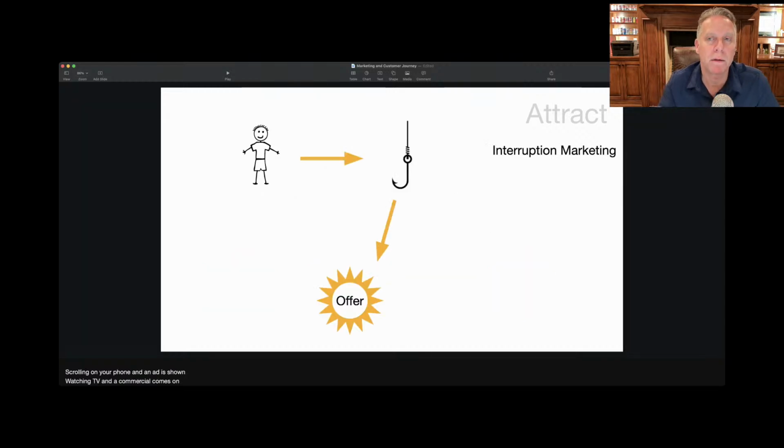There's another type of marketing. Instead of being search, it could be interruption marketing. This is when someone's scrolling through their phone or watching TV or driving on the roads when all of a sudden a commercial of some sort interrupts what they're doing. This is somebody who isn't really thinking about going to the dentist, but if you could hook them with a message that makes them go, oh, wait a minute, that's a good idea, maybe I should look into getting a dentist, that would be interruption marketing. And that's a whole other thing altogether. It's like trying to figure out how do you interrupt someone's thing, whatever they're doing, and hook them enough to have them steer towards what you're trying to do.